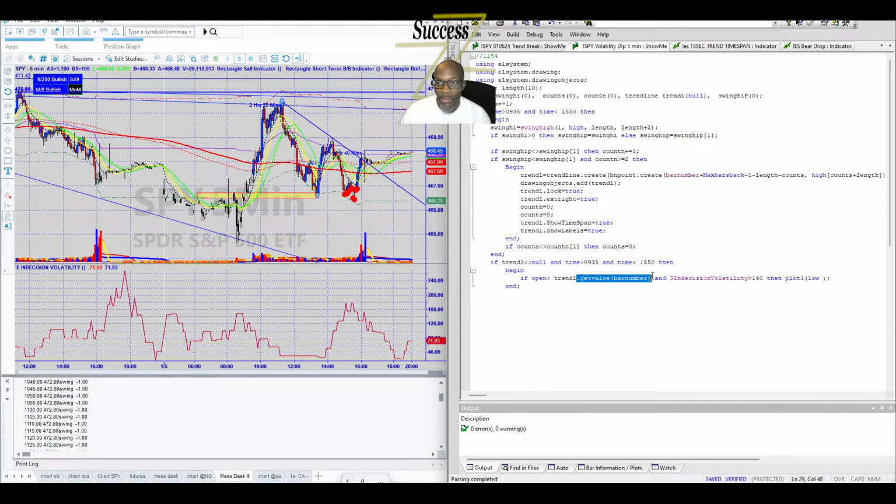Here we're getting the value of the trend line, and we're saying that the open of the candle has to be under the trend line, and we're also saying that the indecision volatility indicator value has to be over 140. I think earlier when I did it over 120, and you see it gives you more entries there. More is not better, but